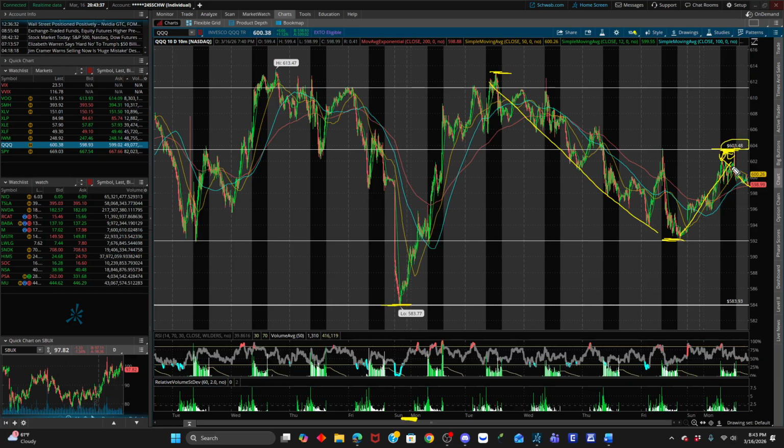We're watching 603, right? A break, retest, push higher, leg higher, or we want to see a break of today's low, a retest. Sometimes we'll reclaim that, right? And then we'll go higher. But what if we don't hold it, we retest it, and we go lower? We look at 592. All right, that is what we're looking for on the Qs.